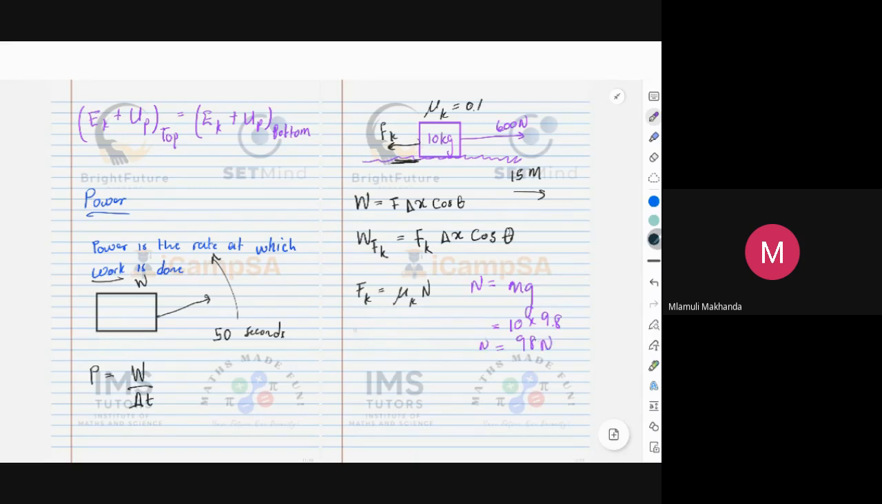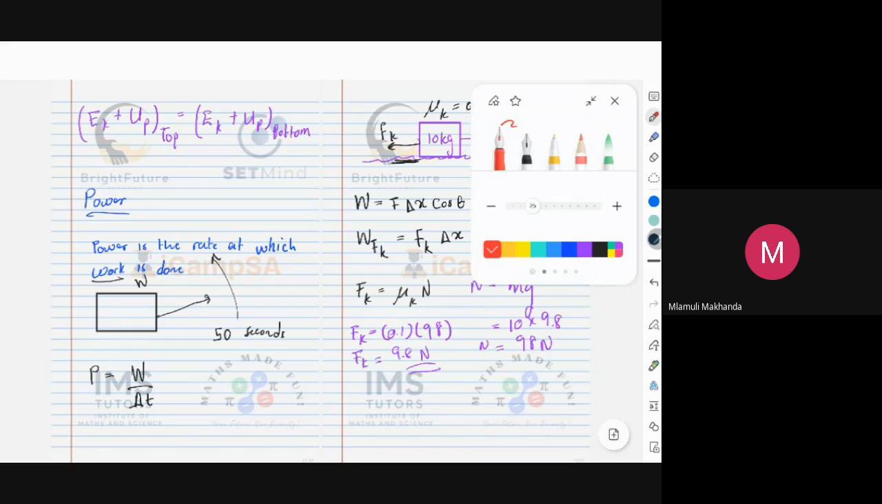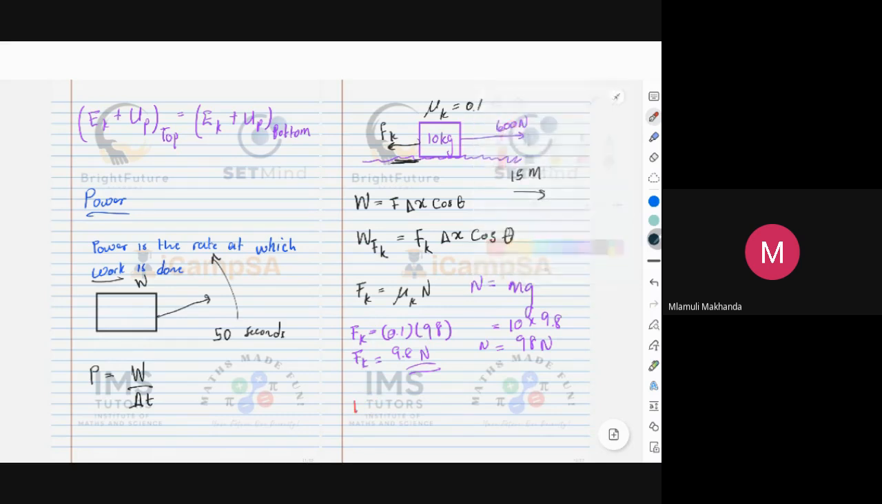Then you come here, you substitute. You've got Fk, mu is 0.1, then you have 98 here. Then you're going to have your answer for Fk, right? 0.1 times 98 becomes 9.8 newtons for our friction. But then what is the work done by friction? So the work done by friction now would be the friction itself, this 9.8 newtons,